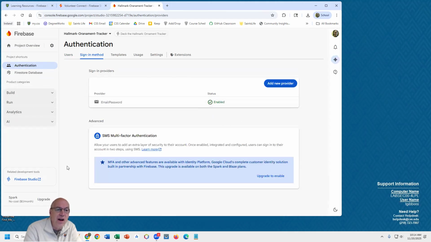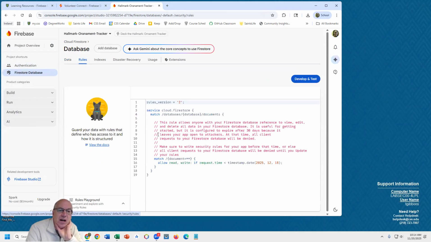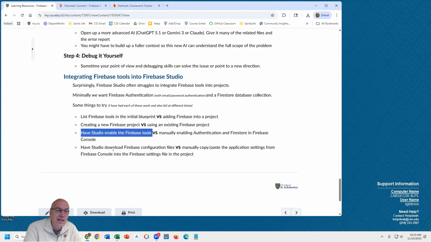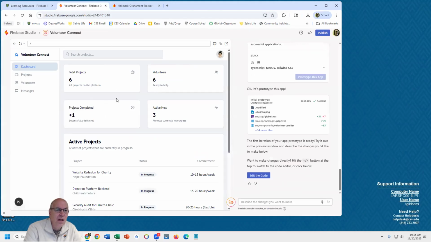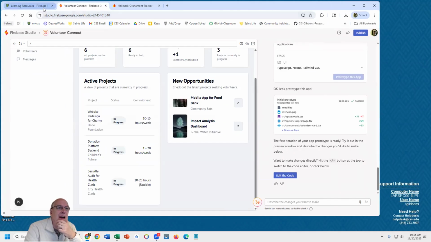And again, is Firebase Studio able to do that, or do you have to go in and do this? Same with Firestore. Do you add Firestore here, and has it enabled Firestore? Has it set up the rules here, like the development rules where anyone can update the database within the first month or something like that? The last thing is that there are usually configuration files, so I'm going to see how this is doing. Oh, it did this all good. Okay, the last thing is